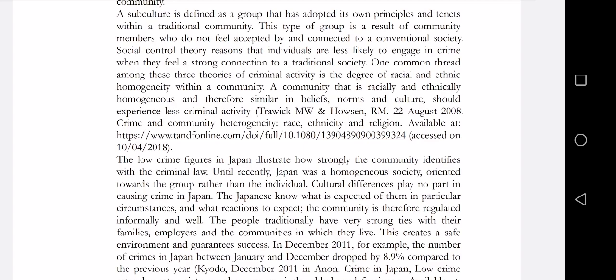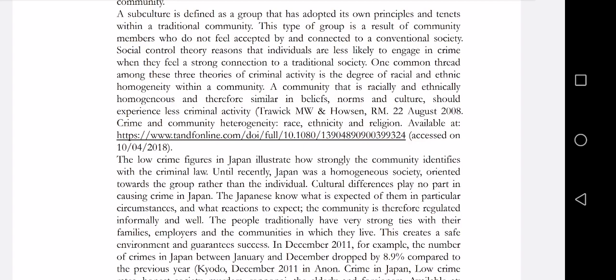Social control theory reasons that individuals are less likely to engage in crime when they feel a strong connection to a traditional society. One common thread among these three theories of criminal activity is the degree of racial and ethnic